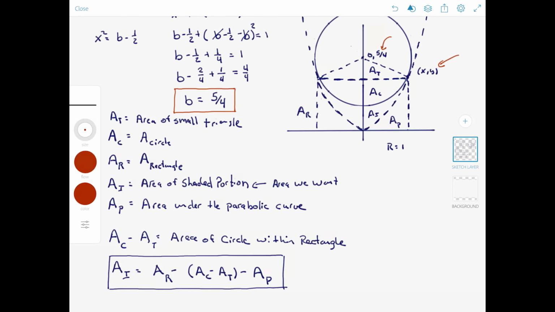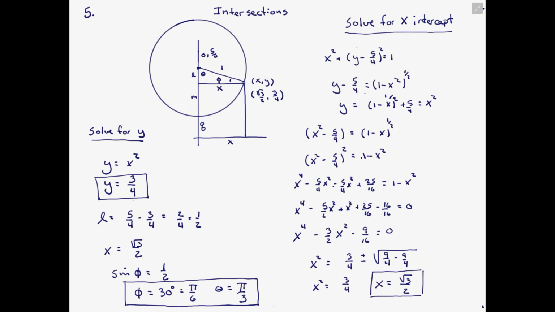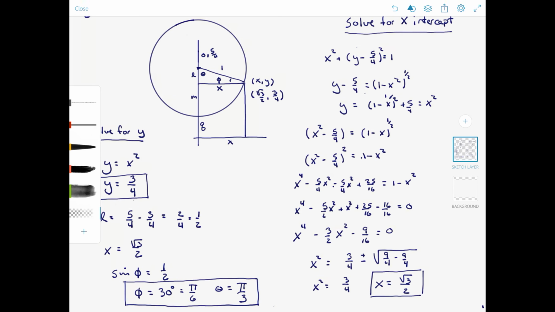We'll have the area of the triangle. We will be able to get the angle at which the radii makes to the intercept point, which then becomes the limits for our integration for the circle. And so everything depends upon finding b. Now here I plug b back into the original equation to solve for the x-intercept,